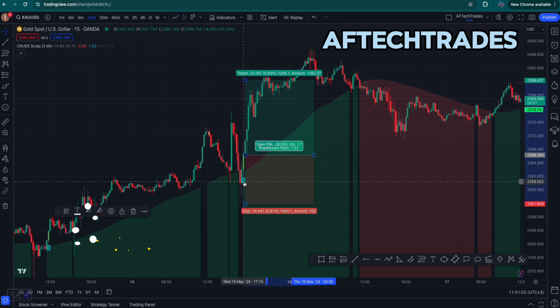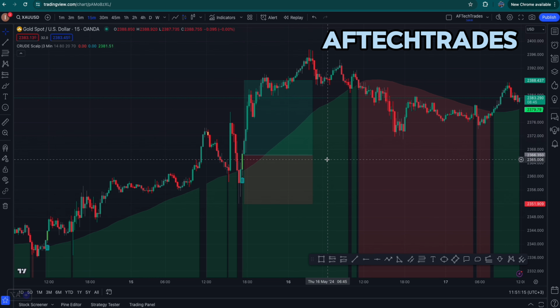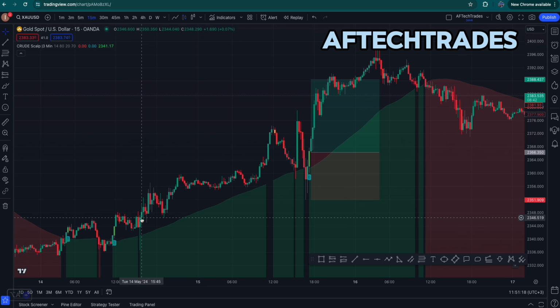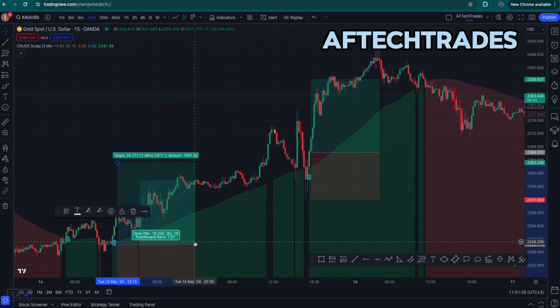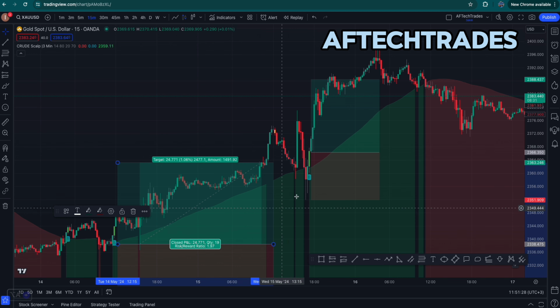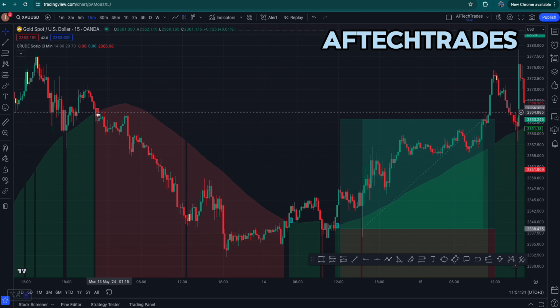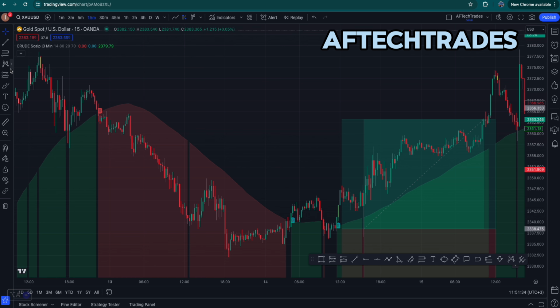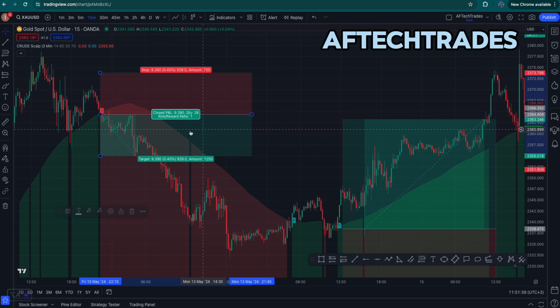So each time you see a B pop out, it means you should enter for a buy position, and you must make sure that the background is green. The background must be green, right? So now you can see there is another B that pops out here. It means we should enter for a long position also. And if you observe, the background is also green, right? So if an S pops out, you can see S pop out here, it means we should enter for a short position, and the background must be